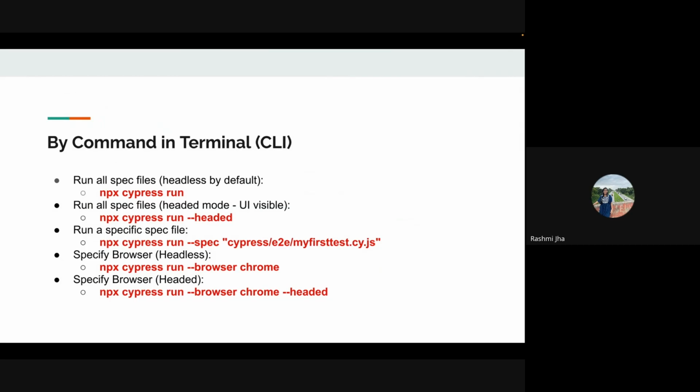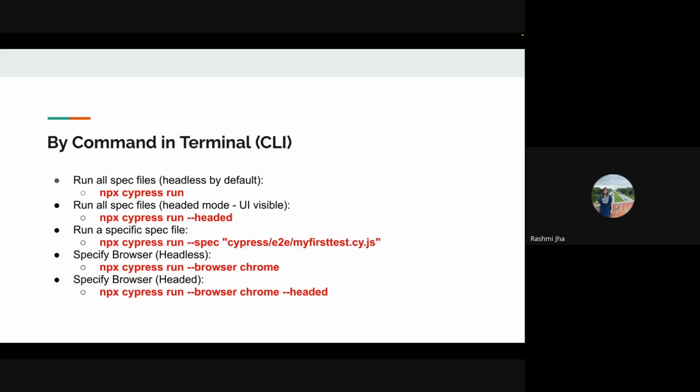It executes in the Electron browser by default with no visible UI. Now, if I want to see everything on my UI, we can execute the same command just by adding one more option, that is --headed. So the command will be npx cypress run --headed. It will launch the browser and show the execution in the browser.